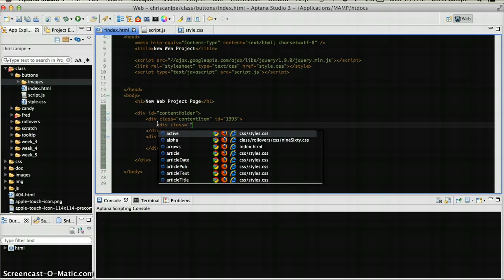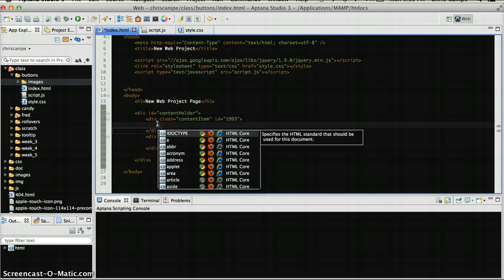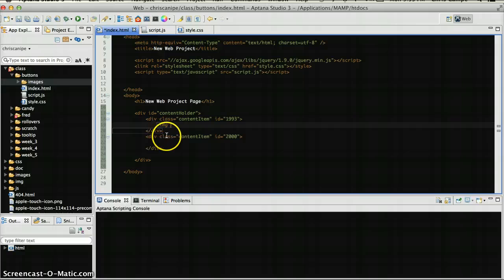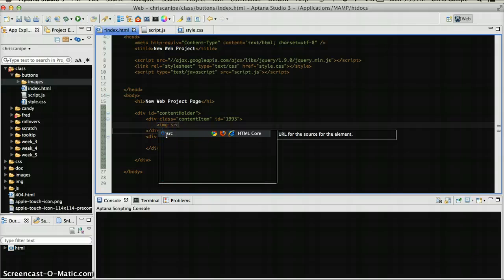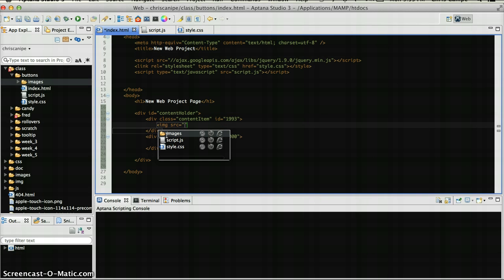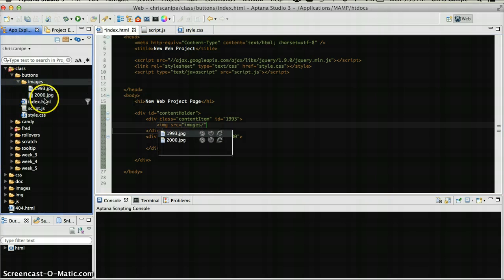So in this case, actually these are going to be image tags because we're calling our images here. So image source equals images slash,